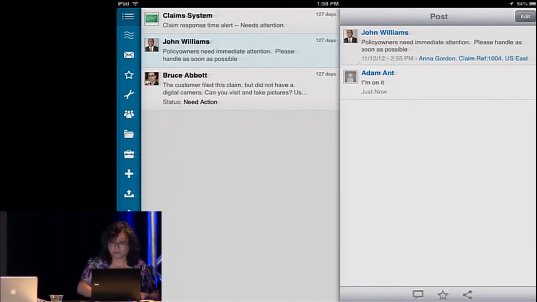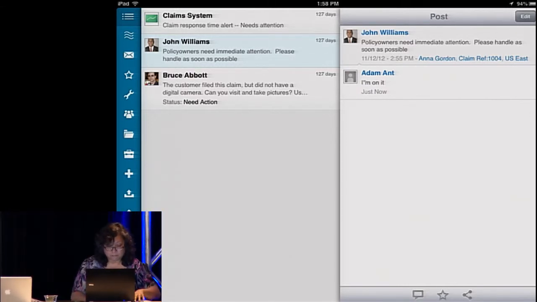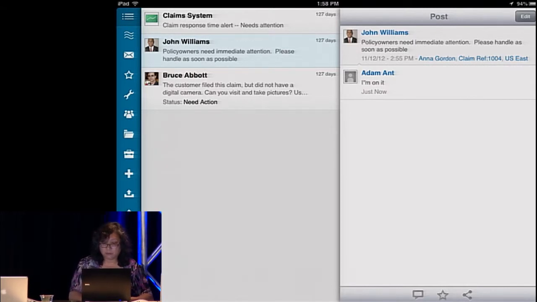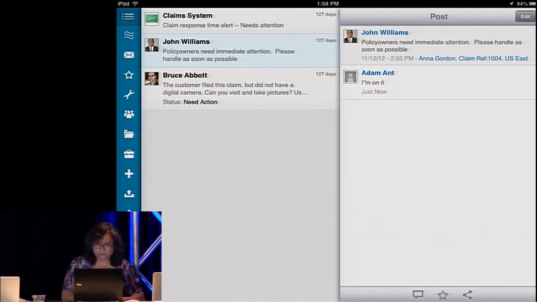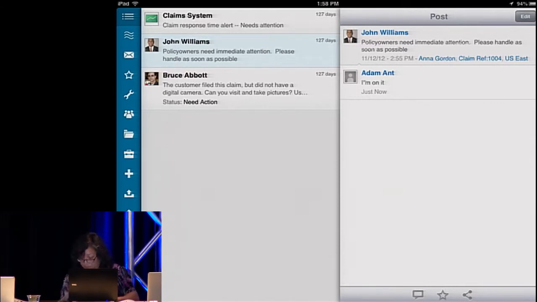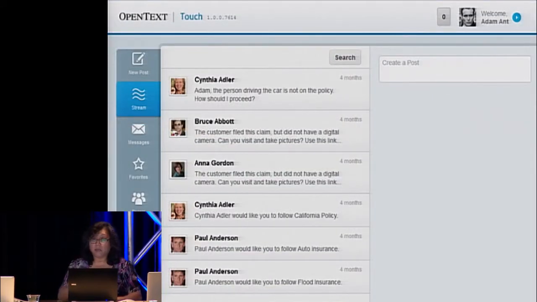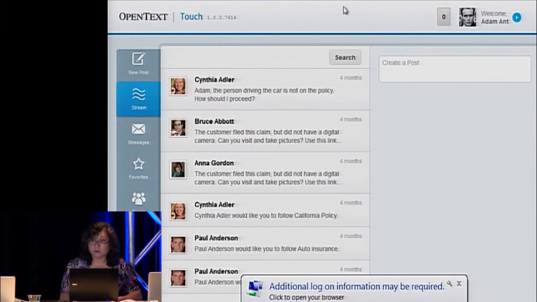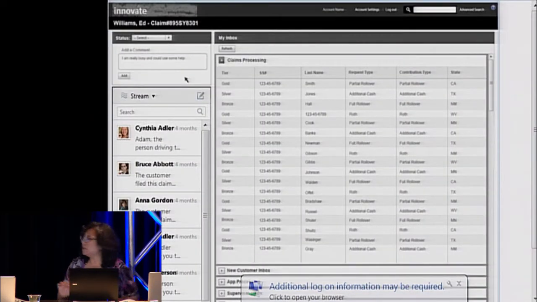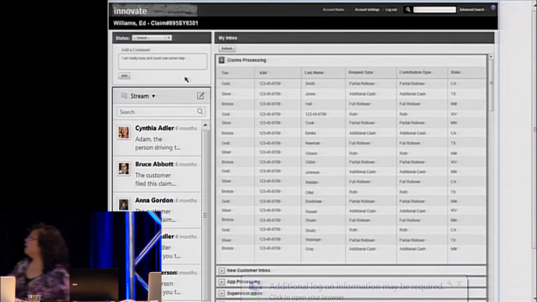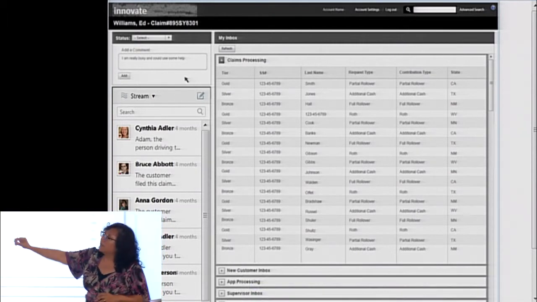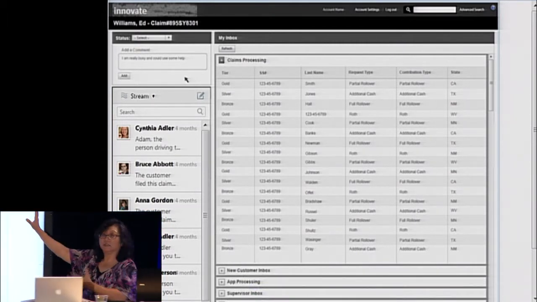I wanted to show you one other thing, and that is our embeddable component. Okay, so here you see that I've got exactly the same kind of interaction on a landing page. This is basically a little bit of a mashup.